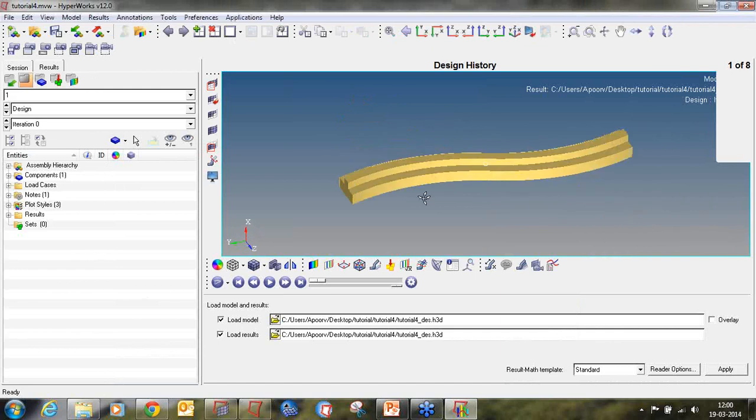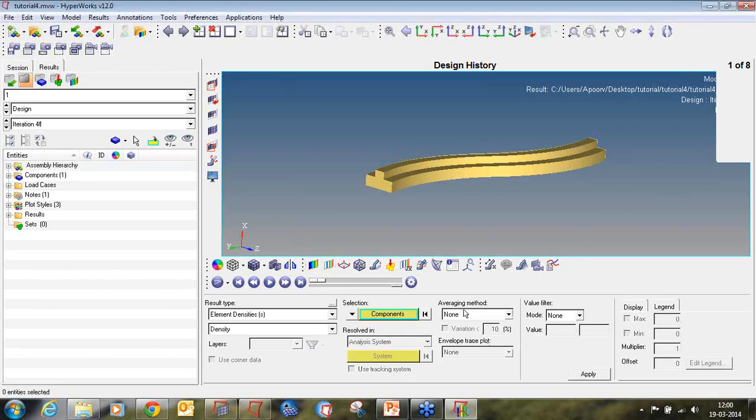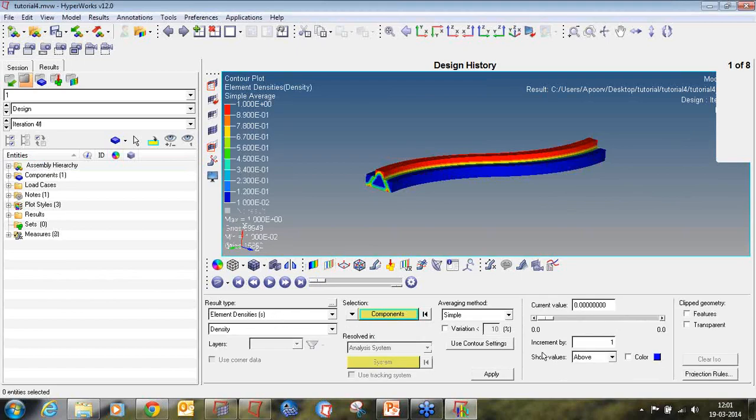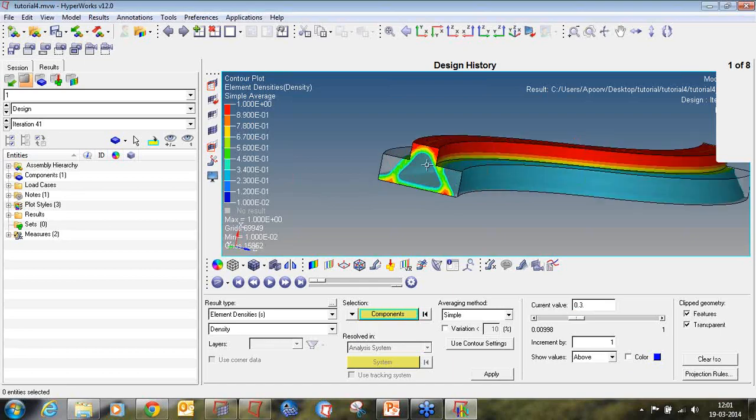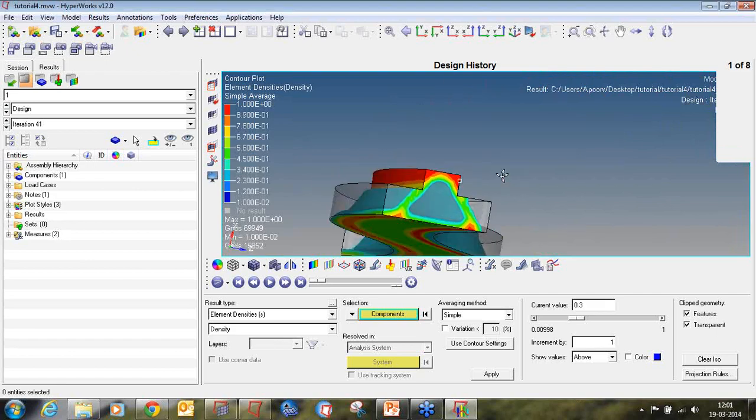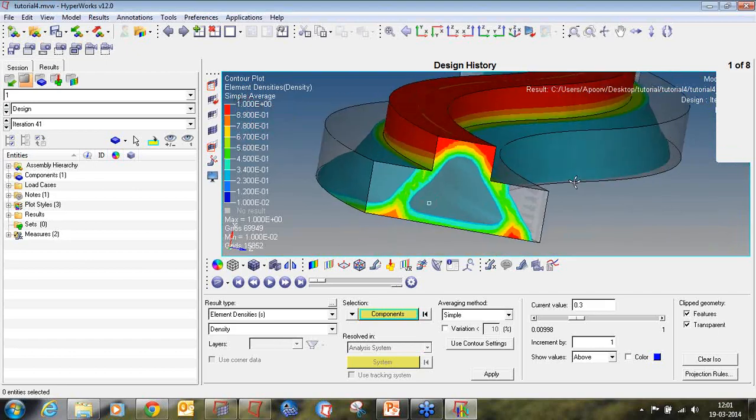So the same thing which we did earlier also. So select the last iteration, contour, elemental densities, apply, ISO, element densities, apply, change it to 0.3 on the features and transparency. So you can see this much amount of material can be removed and withstand the minimum criteria of stress and